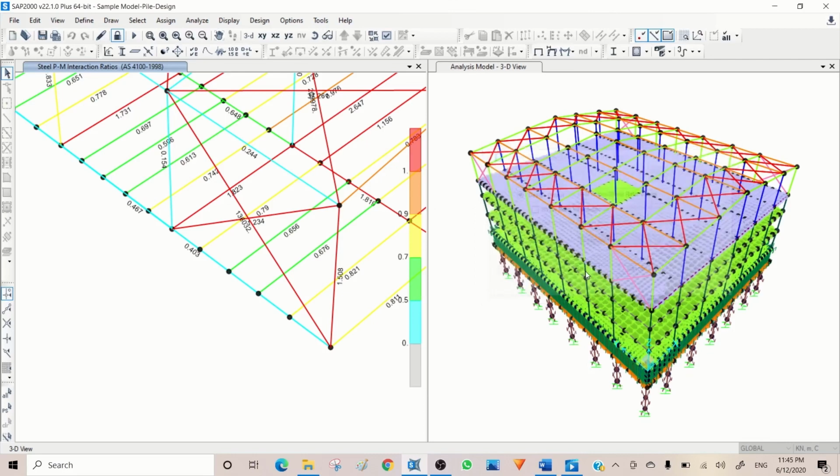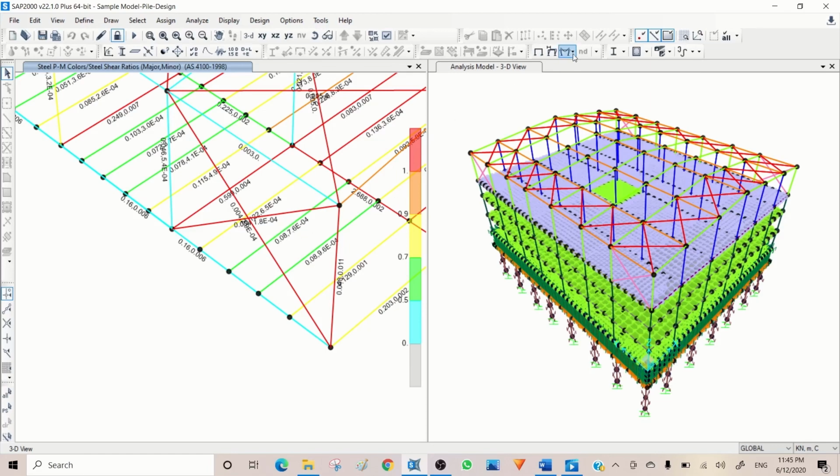So you have a color for PMM, you can see if it's okay or not, and then you see the shear ratio value, and these numbers are very small. You can see in the two direction, so direction 2 and 3, what's the shear ratio. So we utilize 8% of the shear capacity of this beam, for example, in 2 direction, and less than 0.1% in 3 direction, which is the minor direction,